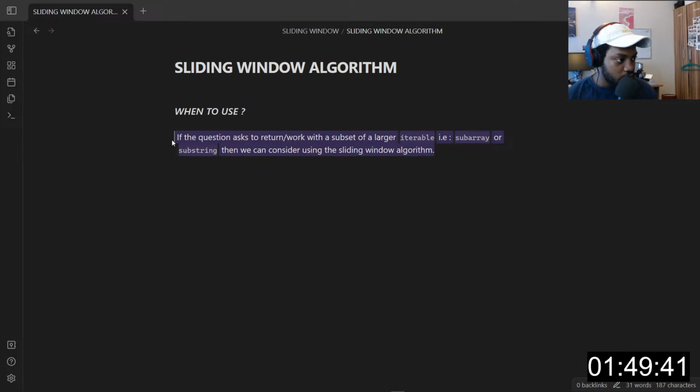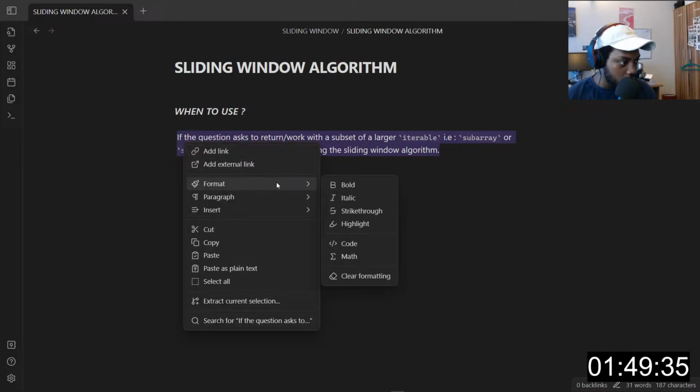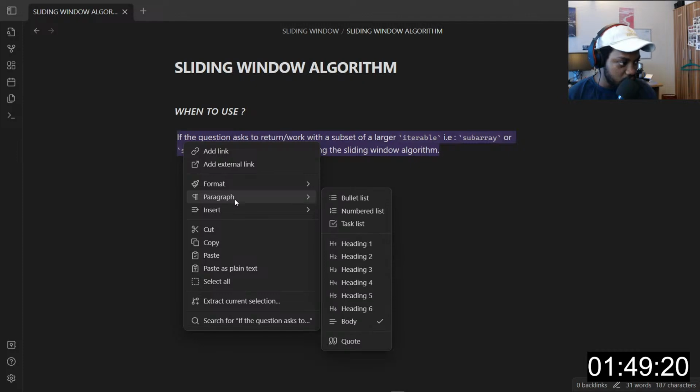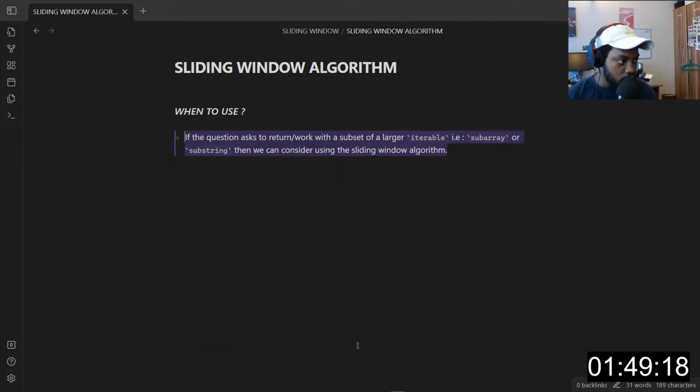So let's see, I want to make this a format. No, no. I've forgotten how to do this. But anyways, quote. Yes, exactly. So that's what I wanted.